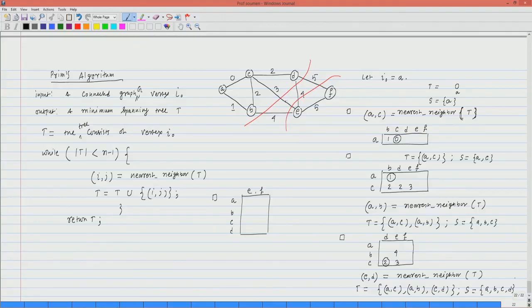In the form of table it is 4 here, it is 3 here and it is 5 here. So, the minimum one is 3, and CE is the output of the nearest neighbor